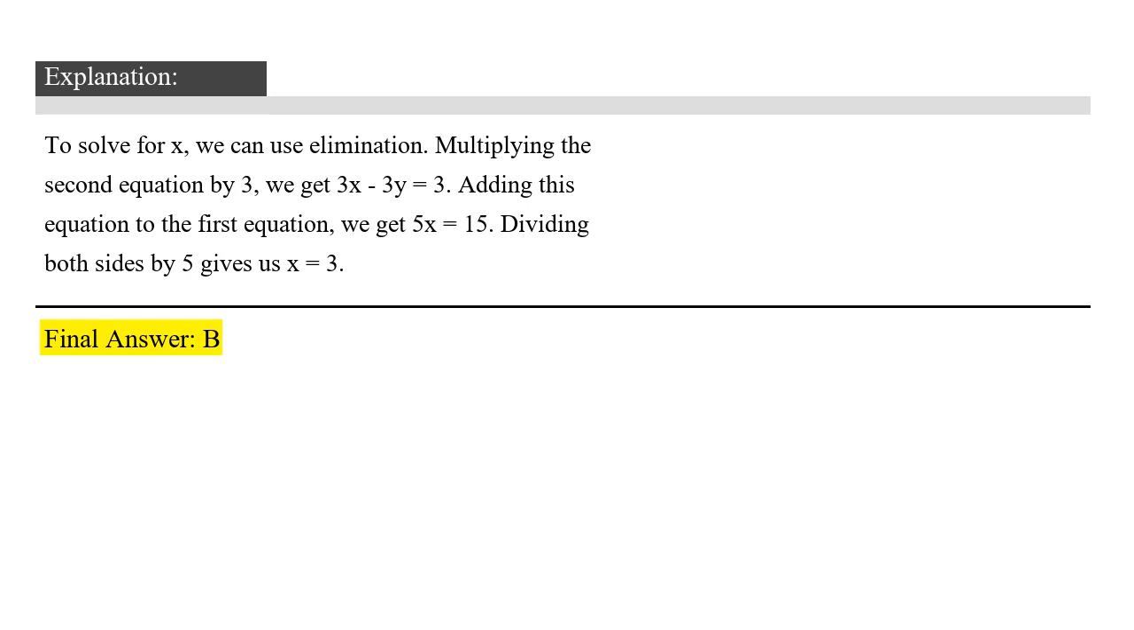Adding the two equations together eliminates the y terms and gives us 2x equals 6. We get 3x plus 3y equals 3. Adding this equation,